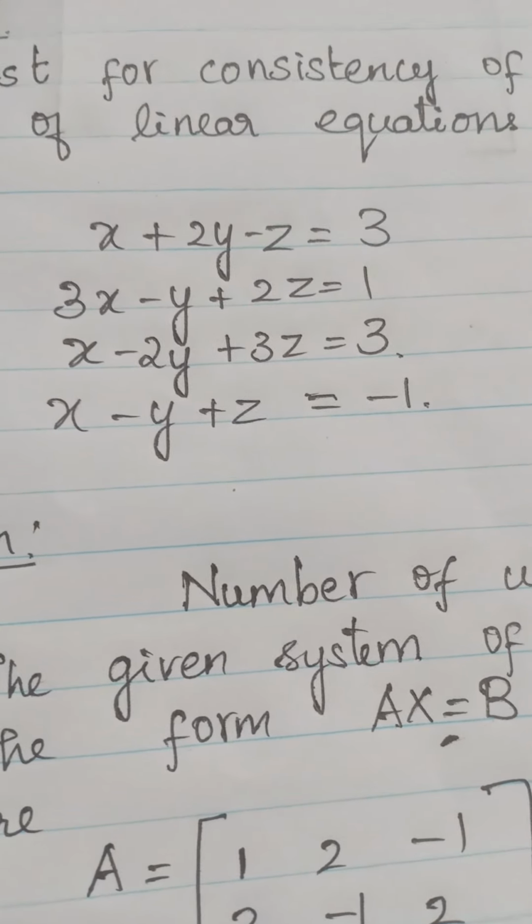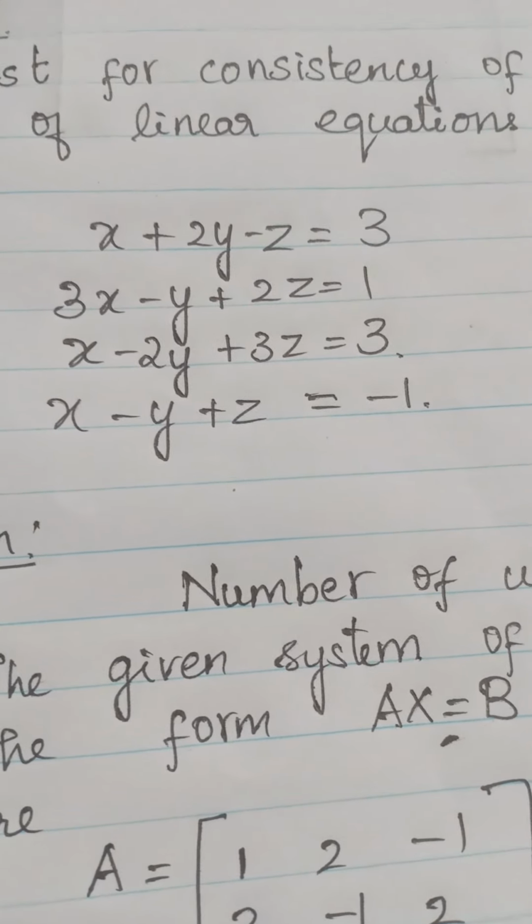Coming to this one, 7 4s are 28. 28 minus 4 5s are 20. So you are getting 8. And next is 0 minus 4 minus 8 is 8 4s are 32. So plus 32. Coming to this place, again I need to make this place 0. So I am writing R4 changes as, now I am taking R4 and R3.